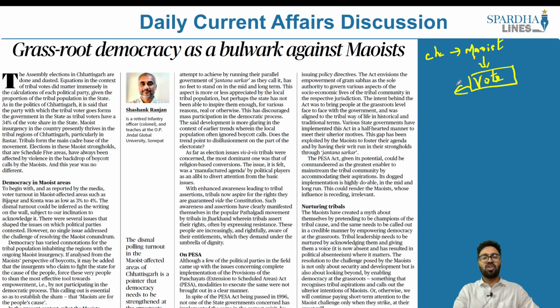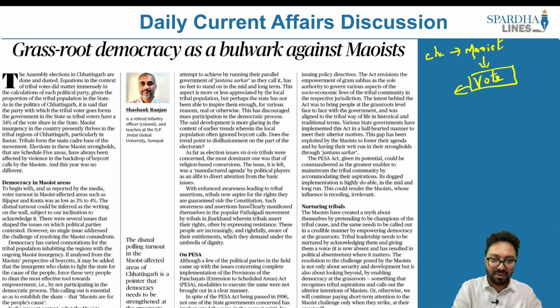They will start making sure that the representative they want is ultimately elected, and these representatives or the Maoists will not be able to act against their own whims and fancies. So they do not want people to go against them. They do not want people to make sure that their movements are taken into consideration, and ultimately, in order to ensure that Maoist activities are not taking precedence over the value of votes and the constitutional paradigm, what this article